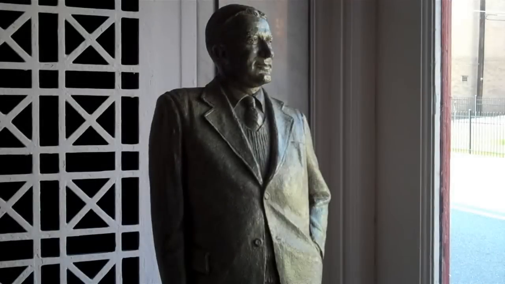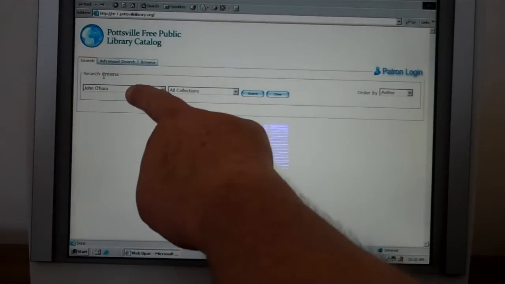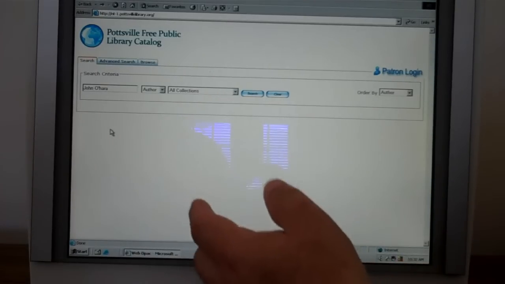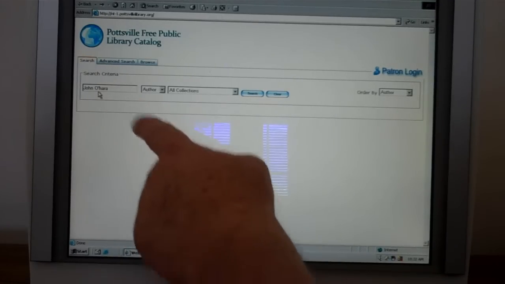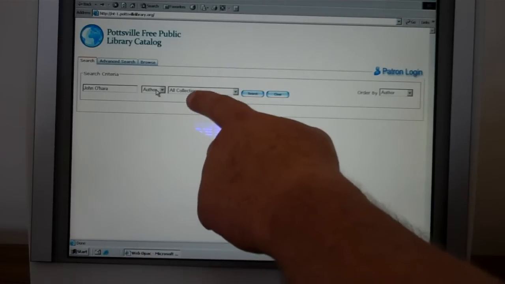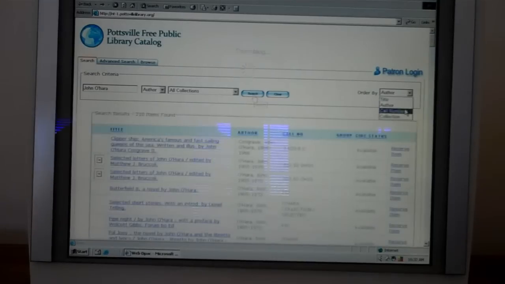This is John O'Hara. Here in the search criteria box, you can type in O'Hara John, John O'Hara, or John apostrophe O'Hara. Then you notice the author has been selected here, and we click search to find John O'Hara, and we select